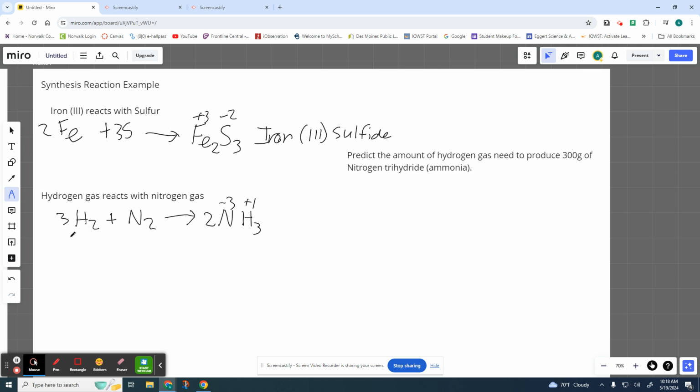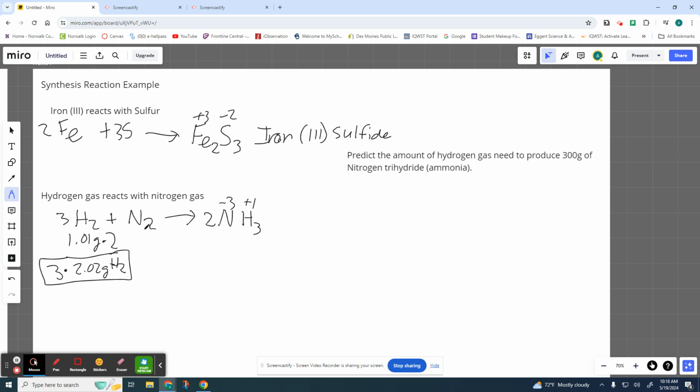If you look on the periodic table, you'll see the hydrogen is approximately 1.01 grams. But since there's two of them, I'm going to take it times 2 because I want to know what the mass is for a whole package of hydrogen gas, and hydrogen gas is diatomic. I'm not going to worry about the 3 for the coefficient. That's going to come out later. If I multiply those, you should get 2.02 grams of H2. But now I'm going to bring down that coefficient. This is going to be a potential factor I can use in my ratio building